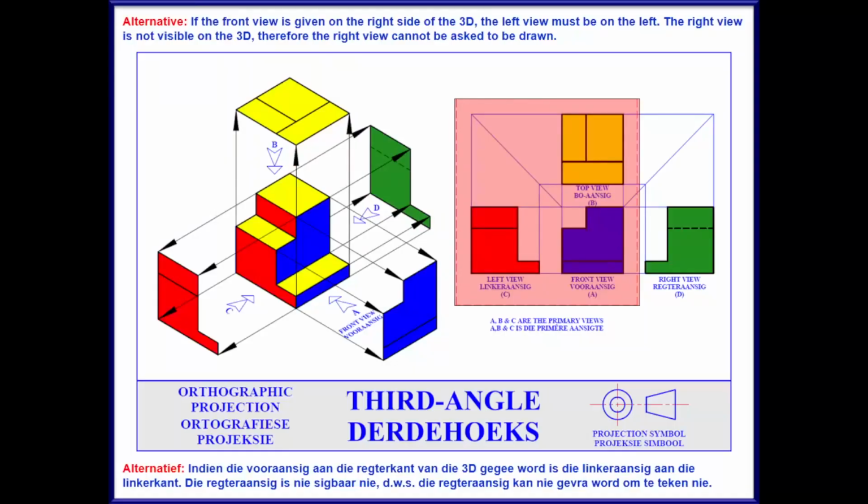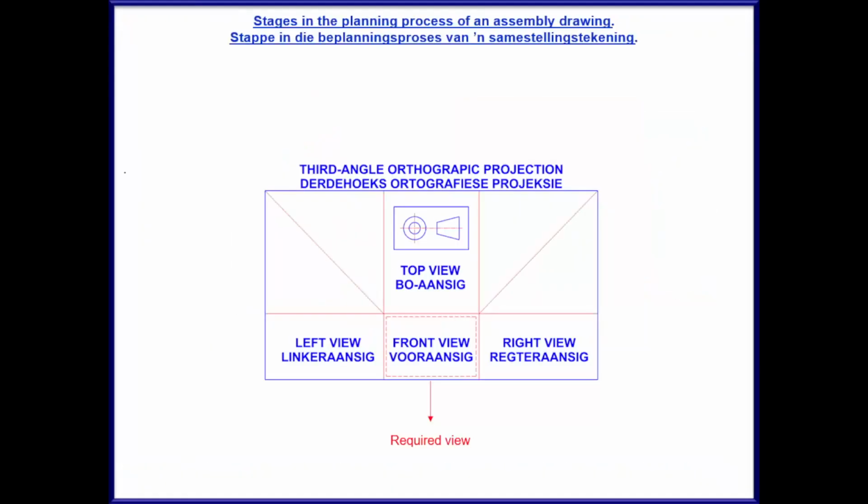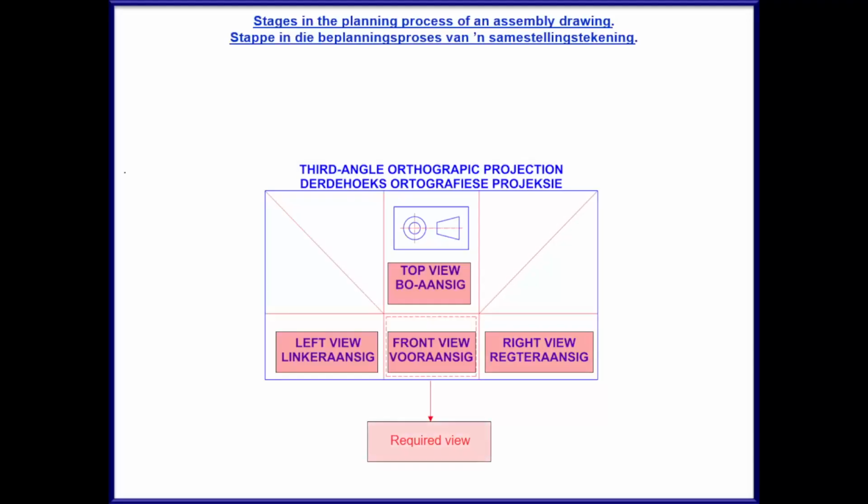For this question, only the section of front view was asked. And looking at the placement of our views and working in third angle orthographic projection, we know by now that the top view is at the top, the front view is right underneath the top view, our left view on the left-hand side of the front view, the right view on the right-hand side of the front view, and then our required view for this drawing was our front view.